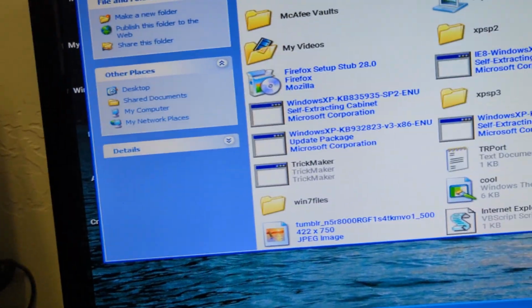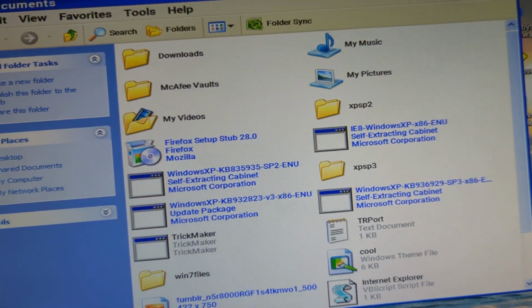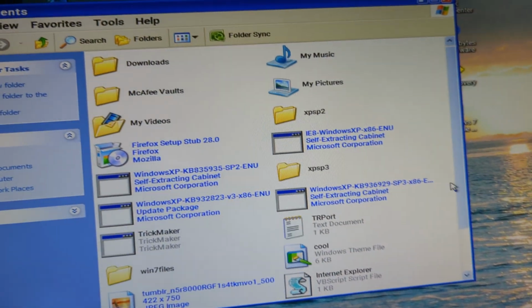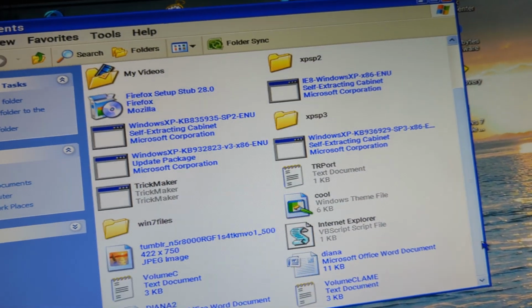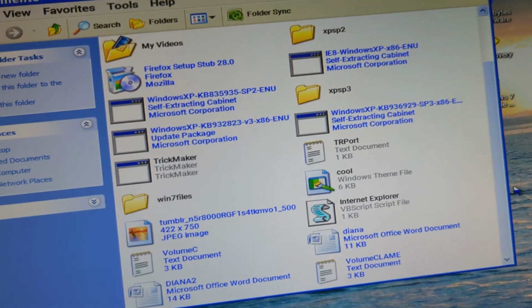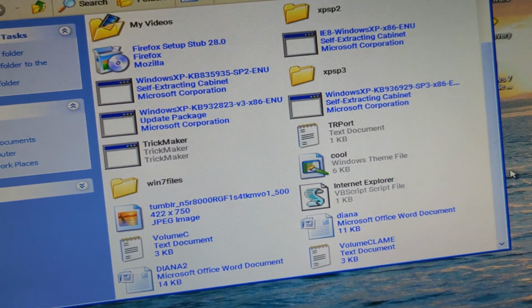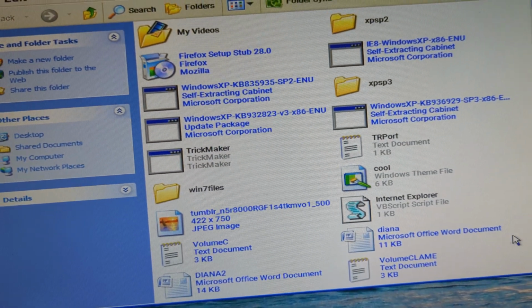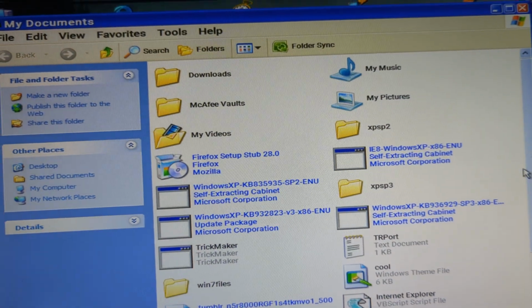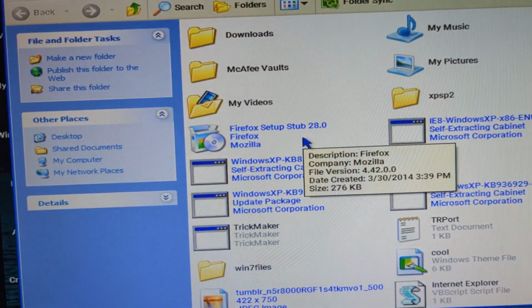What's in the documents? Oh, just a ton of random stuff. I'm not surprised, to be honest. Some updates are in here, and some random documents. I'm not gonna open them in case they're personal information or something. But even the Firefox installer's on here, so that's...